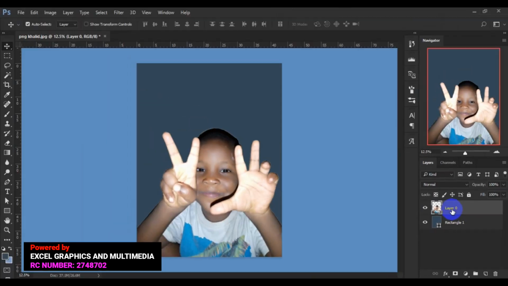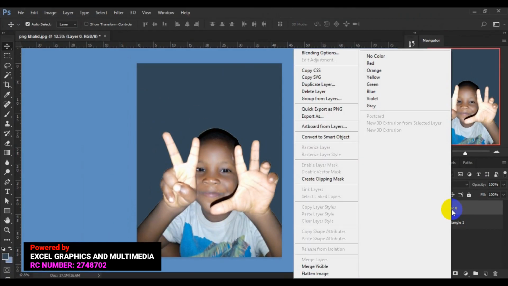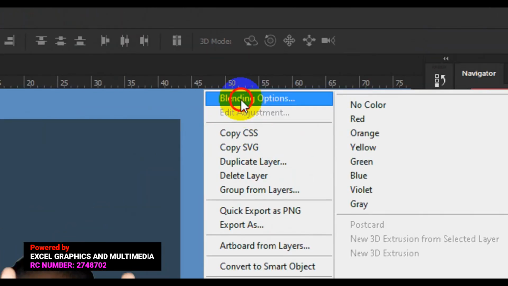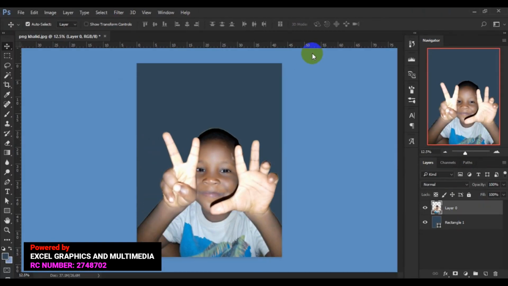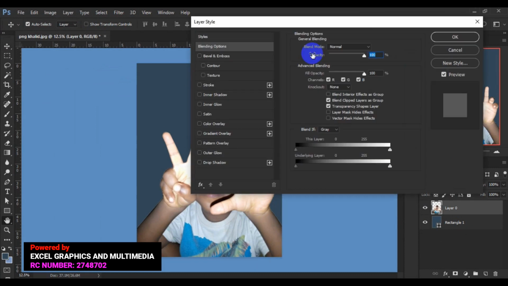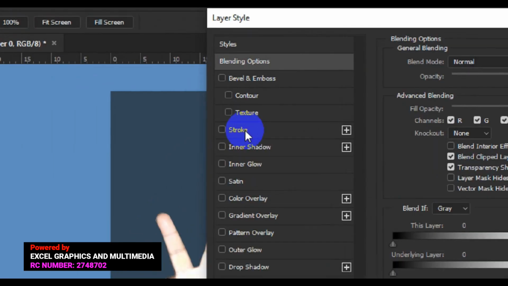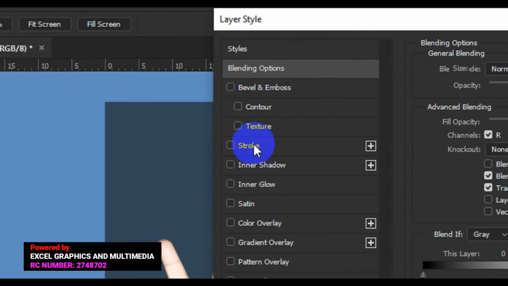So next thing you have to do is to right click on the image layer. When you right click on the image layer, this is going to pop up. Then from this option, you select blending option. So having selected blending option, the dialog box is going to pop up, and this is where you format your stroke color. Then at this point here, you select stroke. When you double click on the stroke